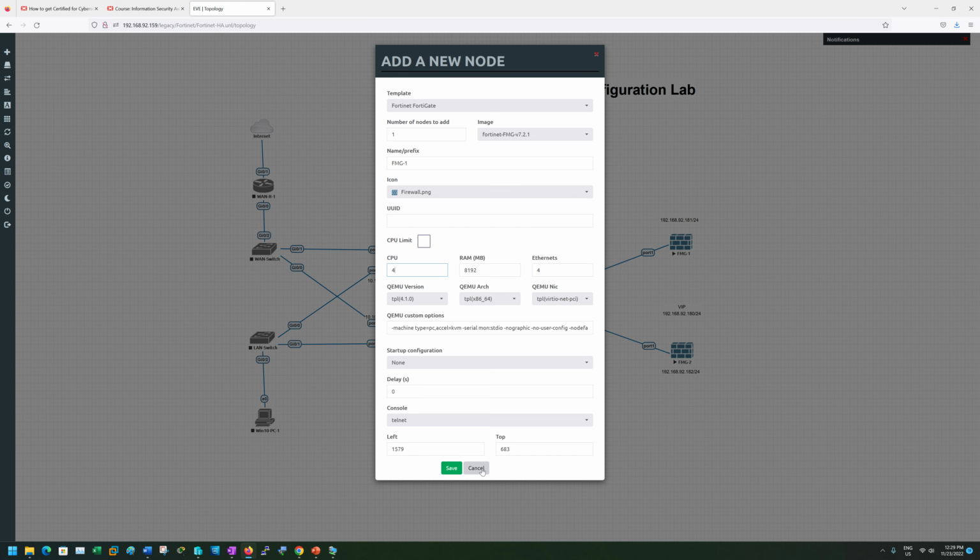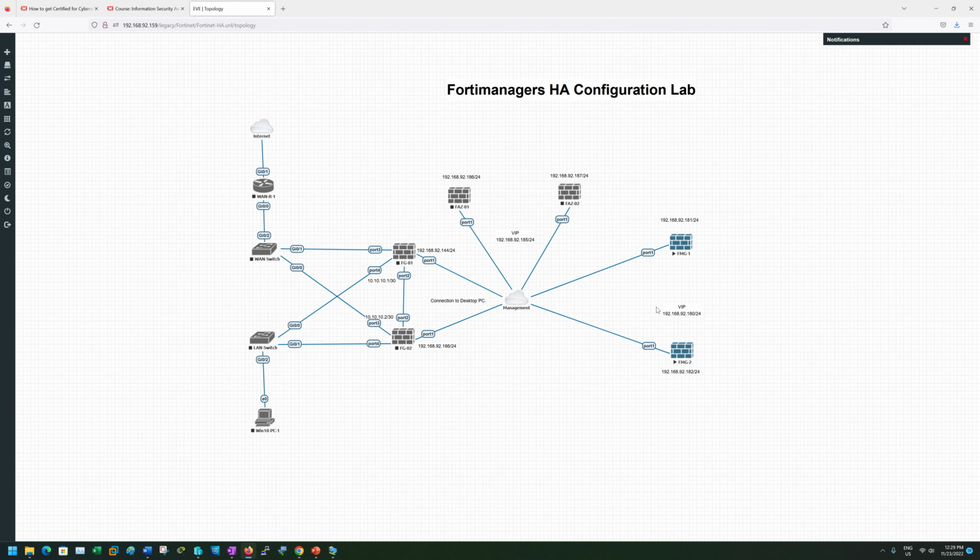So I will click cancel here, since I have already placed 2 nodes here. So I have already done the IP address configuration here. Apart from that, the 2 units are, how you can say it, still new. There's no other configuration over there. So we will start with